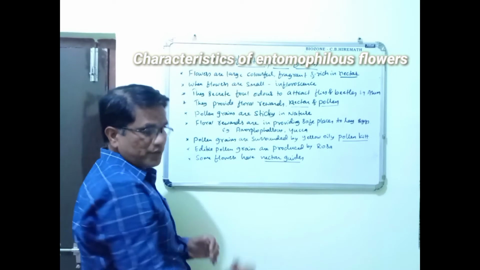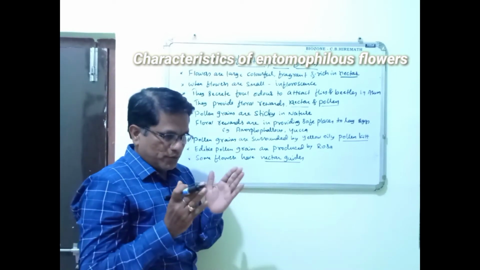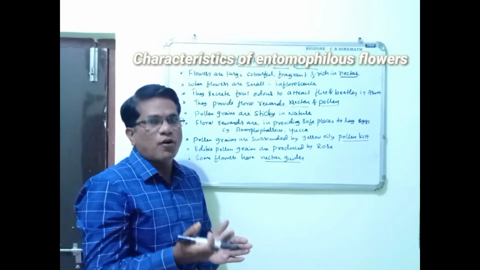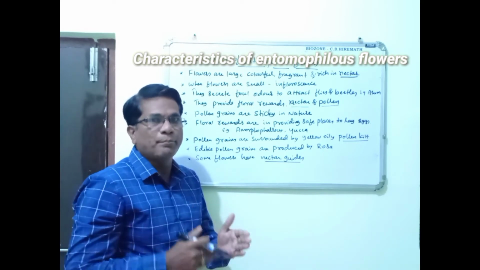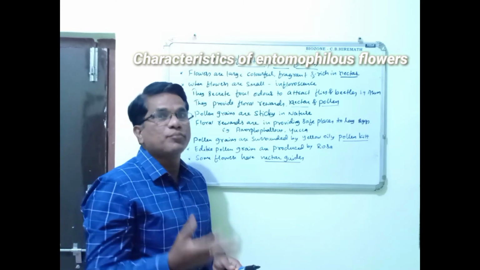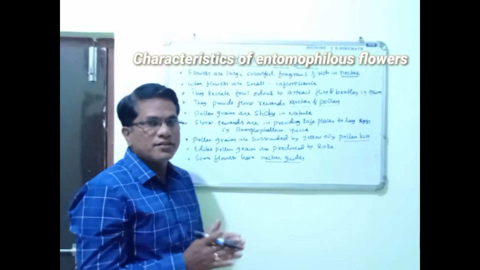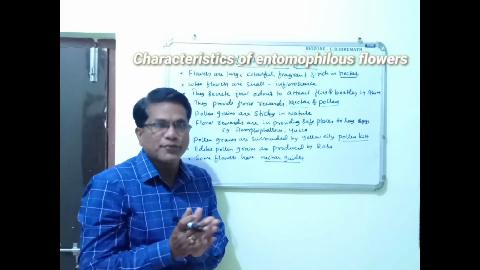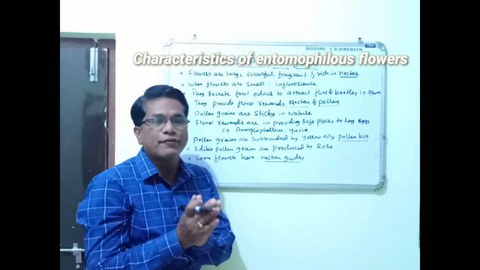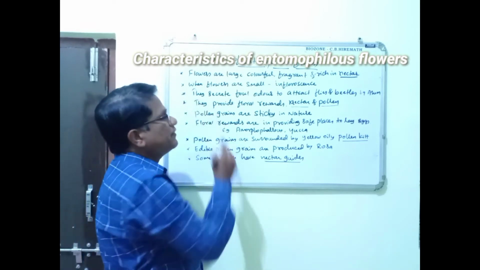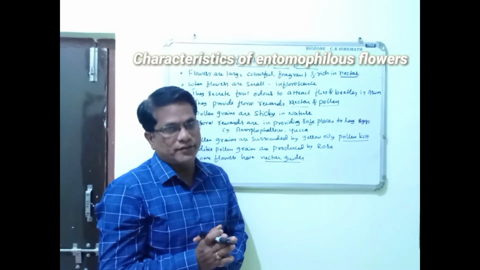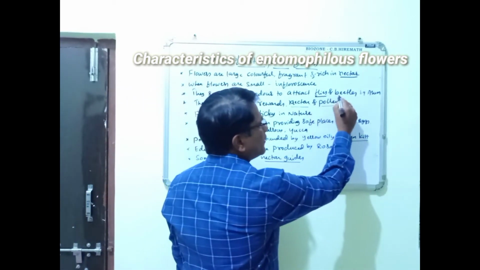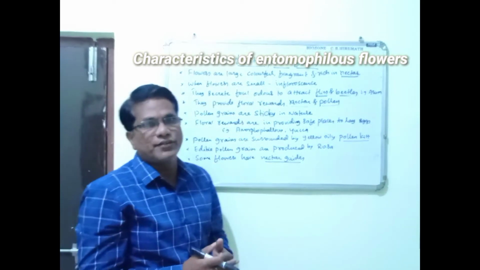Second, when the flowers are small, those small flowers are clustered so as to form an inflorescence and make the flowers conspicuous. So for this reason, if the plants produce small flowers, they are clustered to form an inflorescence. Next, they secrete a foul odor to attract insects like flies and beetles, and this is